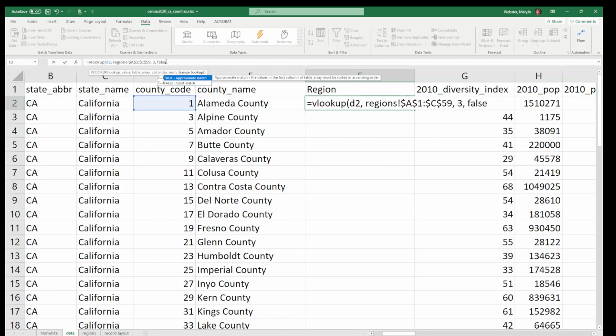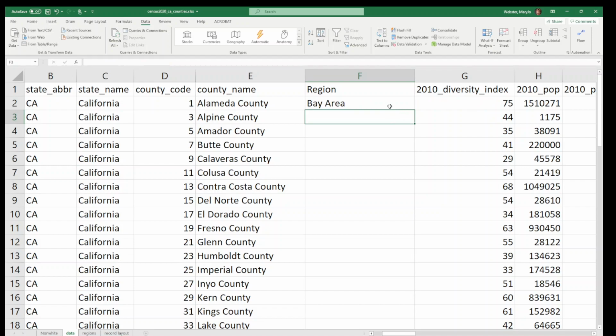And so that works if you're doing something like, does this fall between midnight and 1 a.m. or does this fall between 1 and 2 a.m.? That kind of thing. That's a different style of lookup table, and it's less likely that you're going to use that. We're going to use false. So you should have VLOOKUP D2, your array, comma 3, comma false. Hit enter, and then copy your formula down